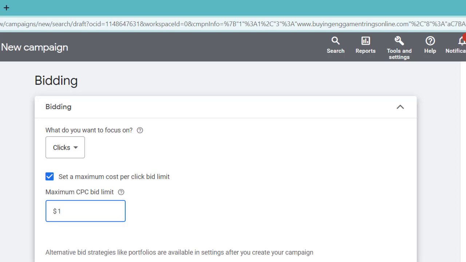It is also recommended to set up conversion tracking using Google Analytics, so later on you can change your bidding strategy to maximize conversions.